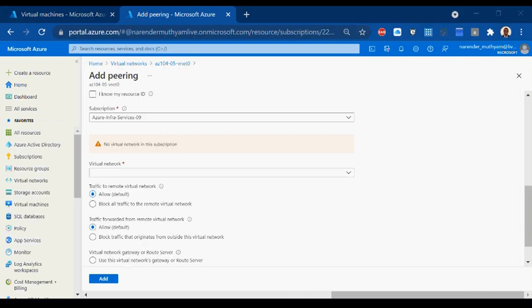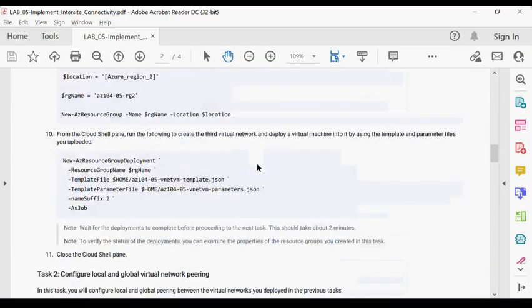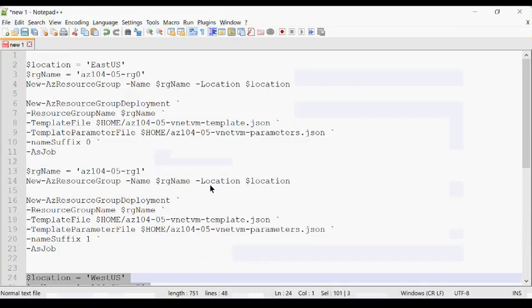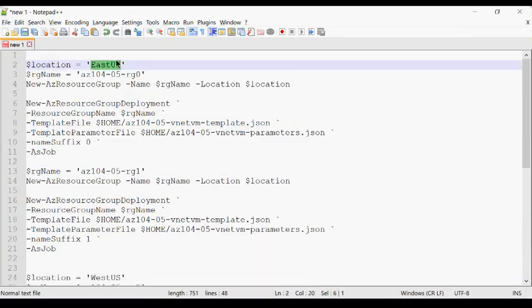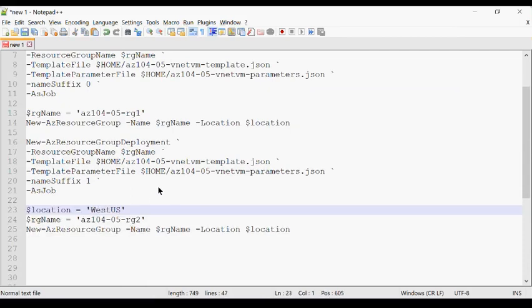Yeah, once you implement, you'll get to know. I mean, it's pretty straightforward. The only thing is, while doing, you just have to put in the resource group name here. I mean, the location name, right? So 2 times you are putting the location names here. So that's it. Once you do that, then you're all set.